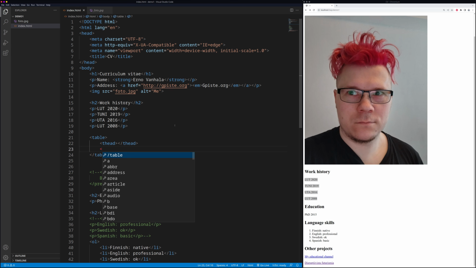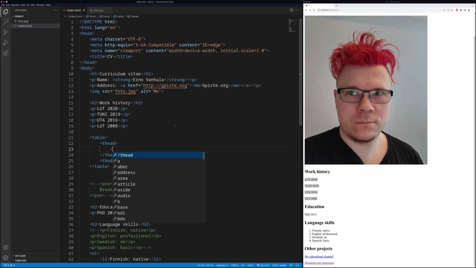After that we have the tbody. And inside the thead we are going to need a new row, table row, and table header cell, organization. We are building the headers in this table,